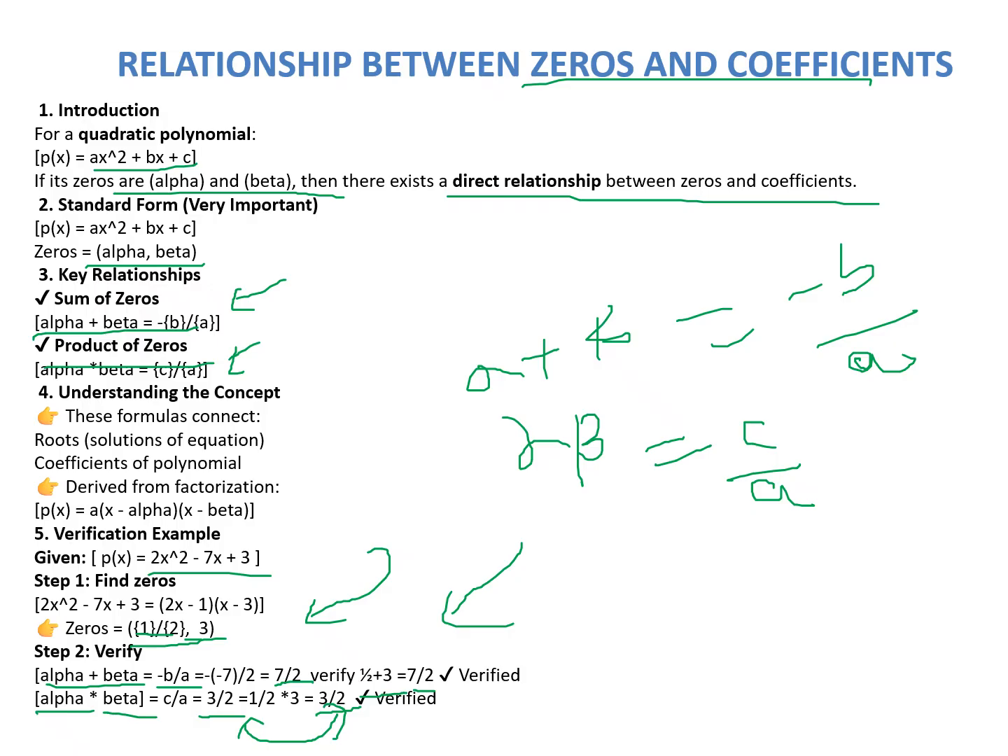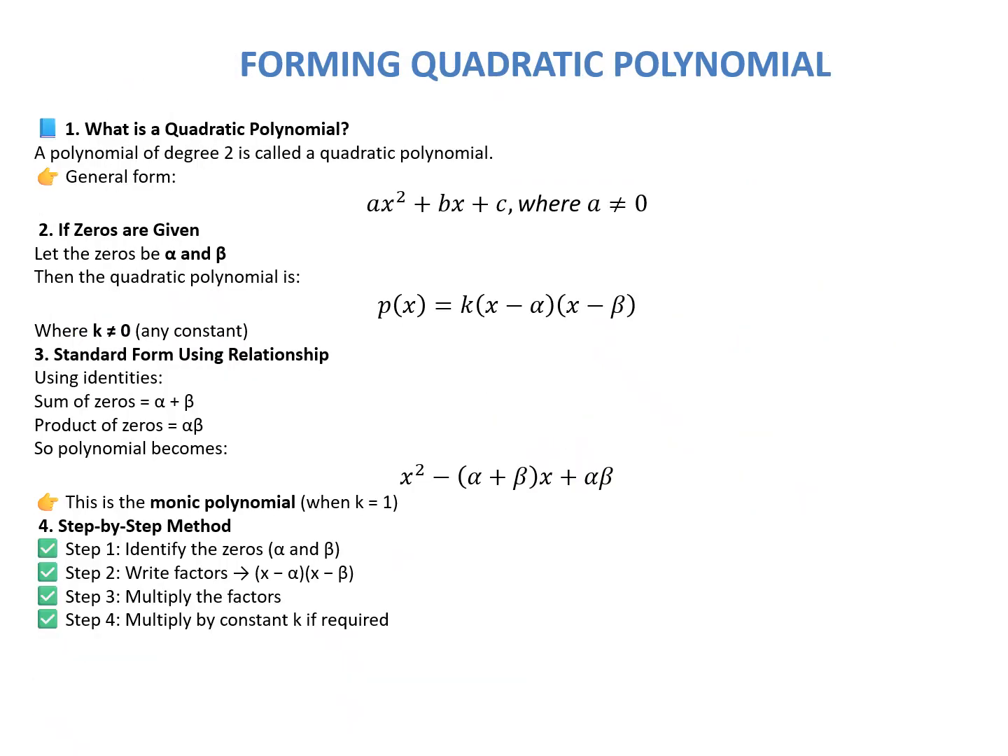So we'll move to the next slide. Now we understand what a polynomial is. We understand how we have to represent a particular polynomial on a graph. We have a linear polynomial, a quadratic polynomial, and then cubic polynomials. And then we also understood the concept of the sum of the zeros and the product of the zeros, and